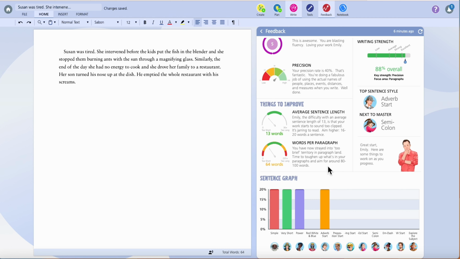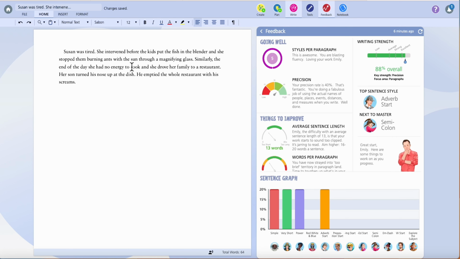And if I now go and address these two things, if I add some more words to lengthen my paragraph, and I focus on extending these sentences a little bit more as well, then I could click on that feedback button again, and it would then update to the next one or two things that are going to have the next most immediate impact on improving my work. So students can go through this process multiple times and it will continue to drill down further and further